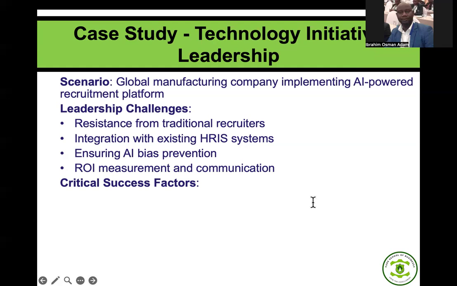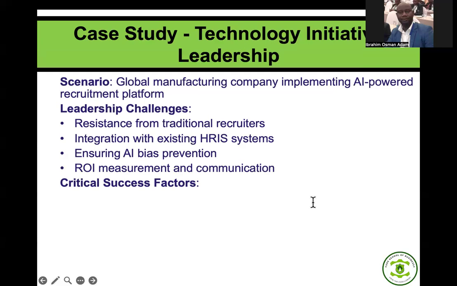This is a beautiful technology that you want to introduce in an organization to deal with their rudimentary recruitment processes, to make it more tech enhancing, AI enabled, so that a lot of the manual processes will be reduced. But because you are going to do that, the HR guys are saying that, look, we won't take it, because if you bring it, it will replace whatever we're doing.